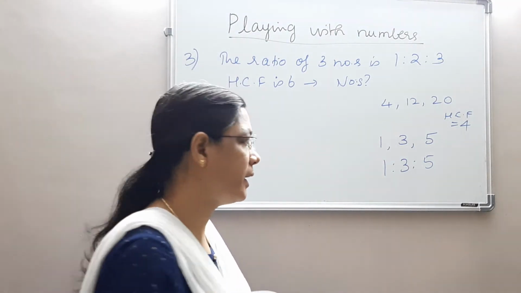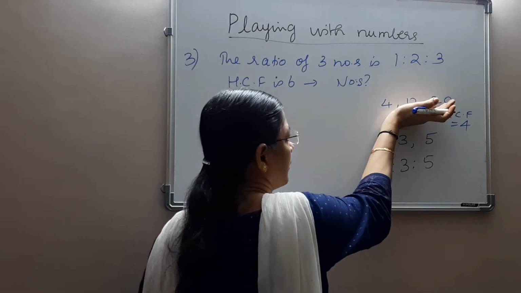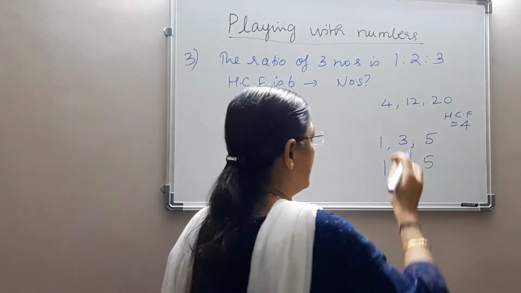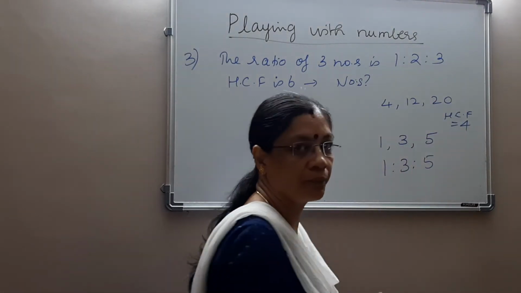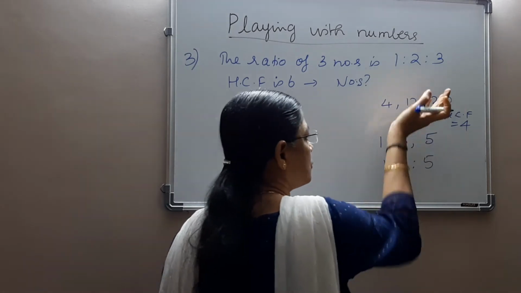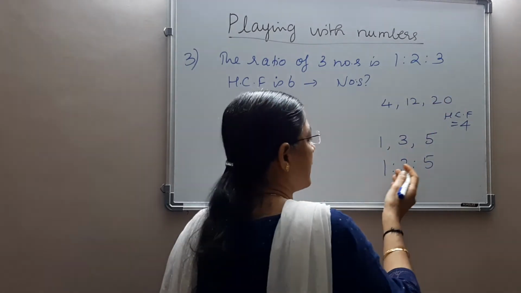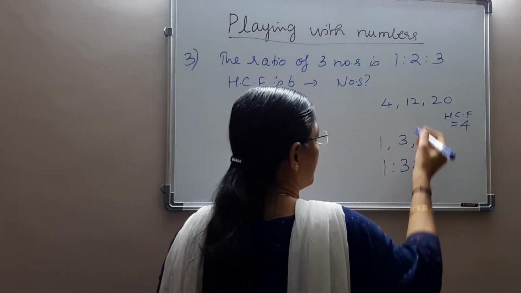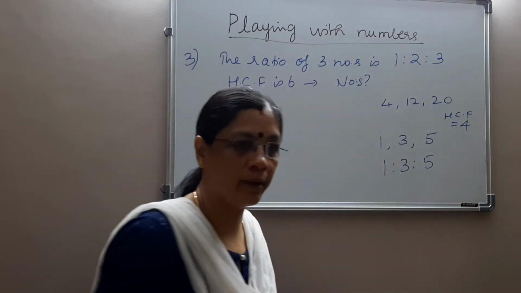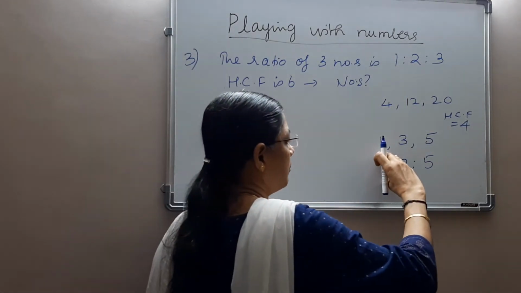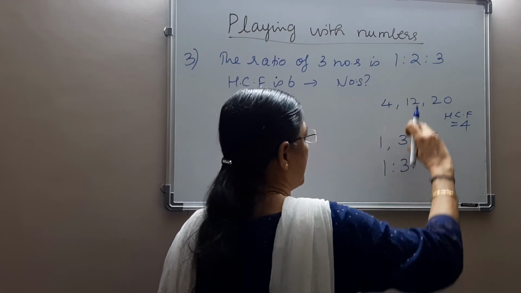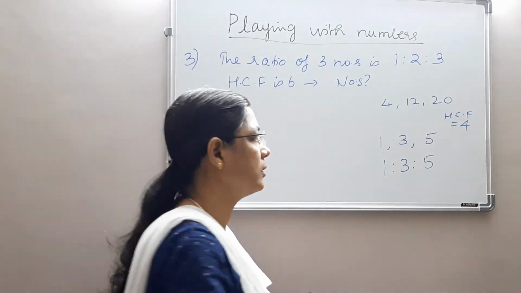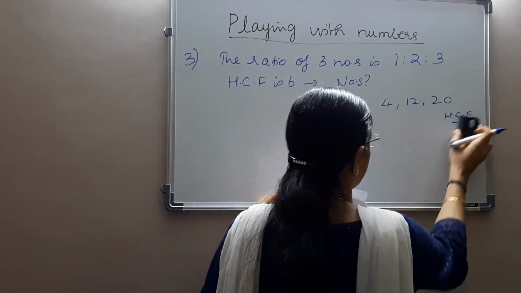Okay, so how do we find the original number? Actually from this we have found out the ratio by dividing it by the HCF, isn't it? By dividing throughout by its HCF, I have got the ratio. Okay, so now how do we get back the original number? Just by multiplying it with the HCF, isn't it? So 4 into 1 becomes 4, 4 into 3 becomes 12 and 4 into 5 becomes 20. So it means the number 4 is one part, 3 parts of it is 12 and 5 parts of it is 20. Okay, so that is what we understand by the ratio and the HCF.